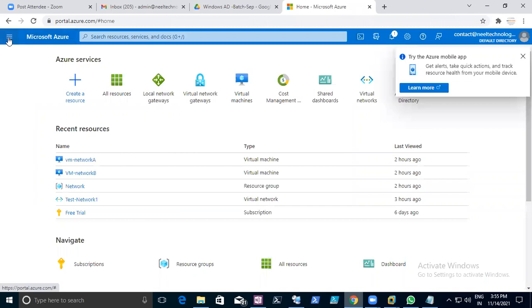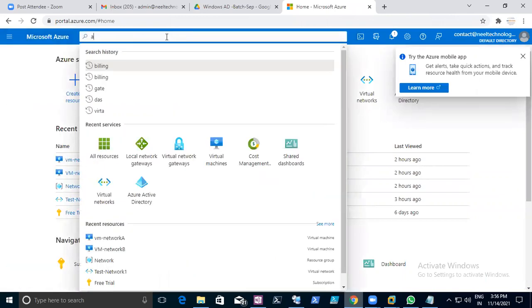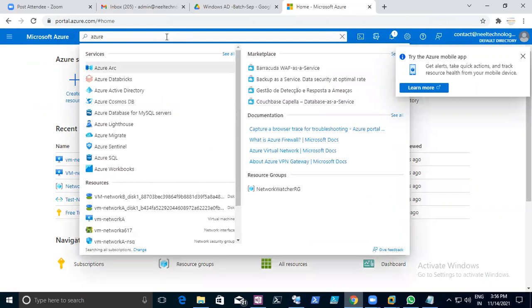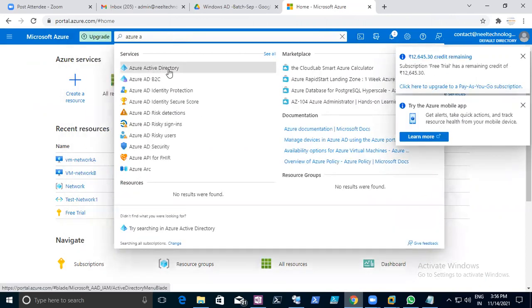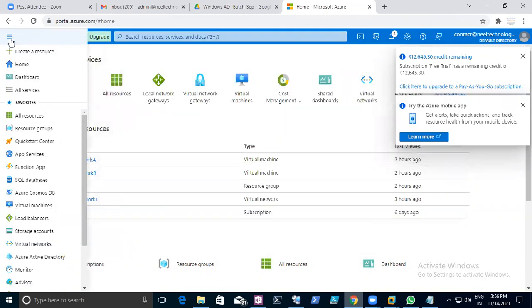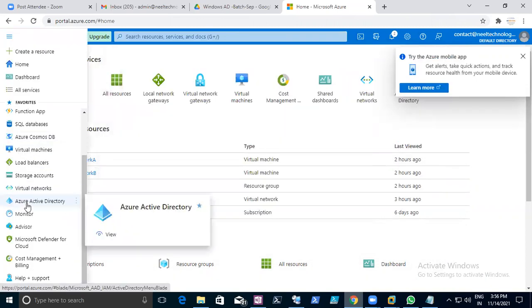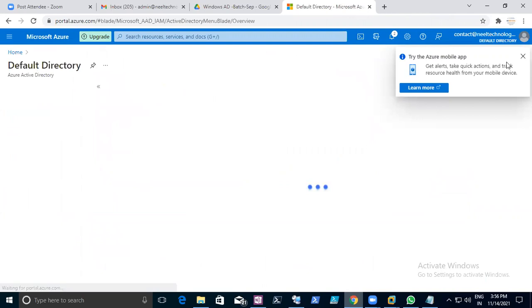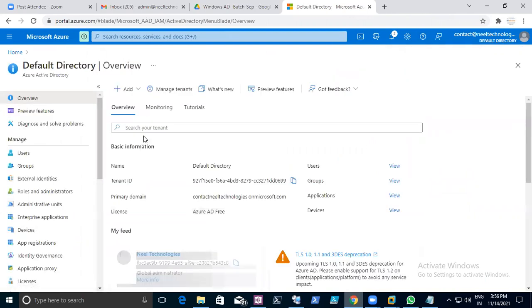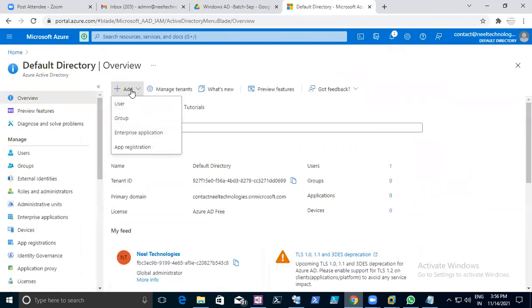Go to All services, or you can type Azure AD, Active Directory, or search here. I'll go back here. In Azure Active Directory, you need to create one domain.